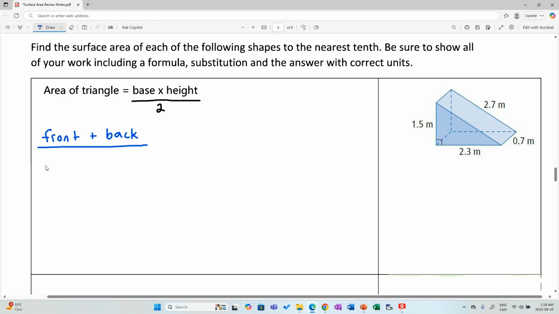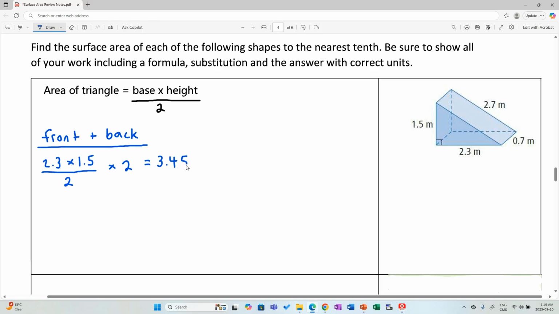Now in this case, the front is a triangle, and I have base times height, so I have 2.3, which is my base, times 1.5, which is my height. And then I would divide by 2. That is the area of a triangle. So I found my front. But because the back is the same as the front, because it's also a triangle, to get the area of the back as well, I can simply multiply by 2. And now that means I found the area of my front and back, and it would be equal to